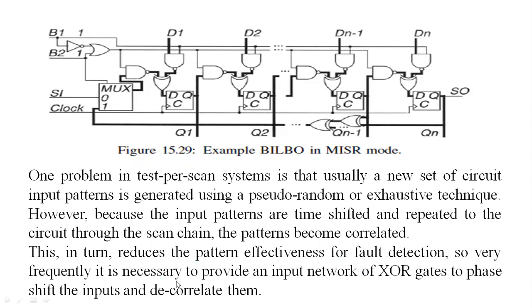So very frequently, it is necessary to provide an input network of XOR gates to phase shift the inputs and decorrelate them. So why? Because